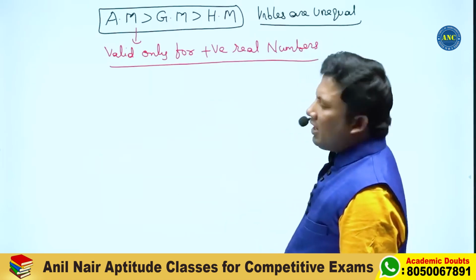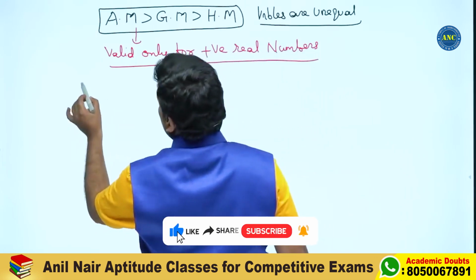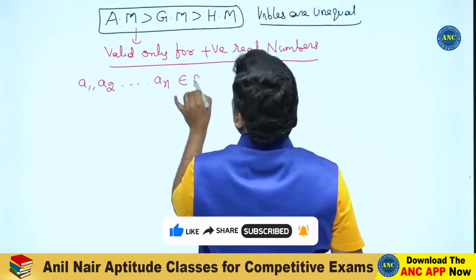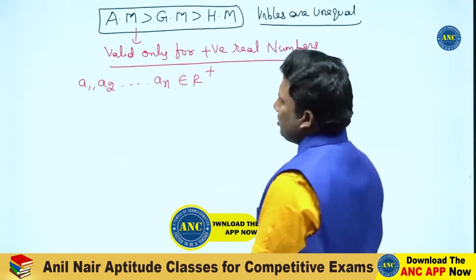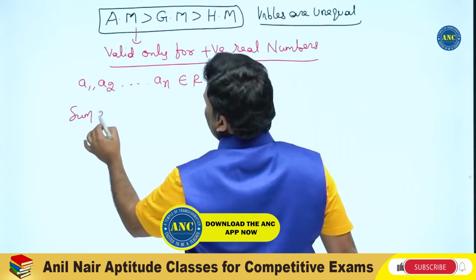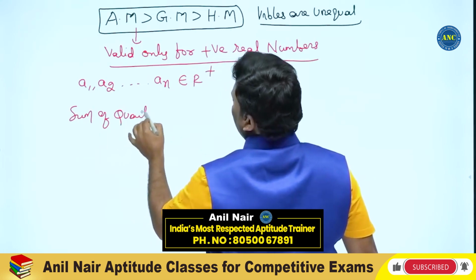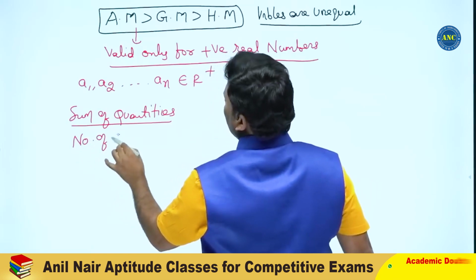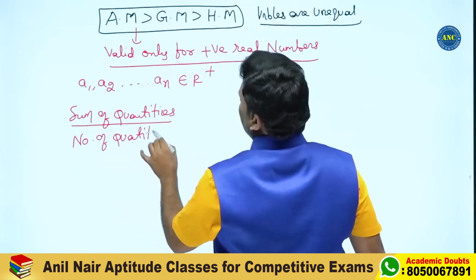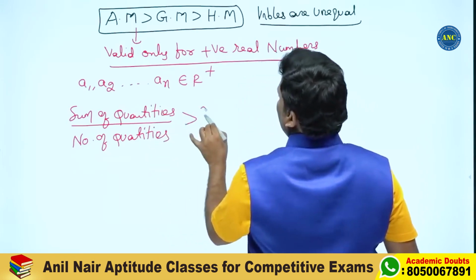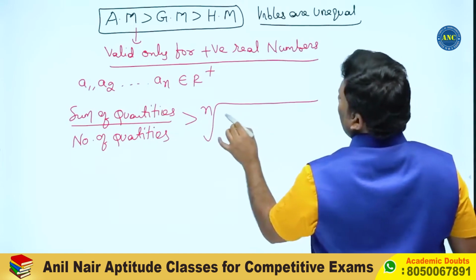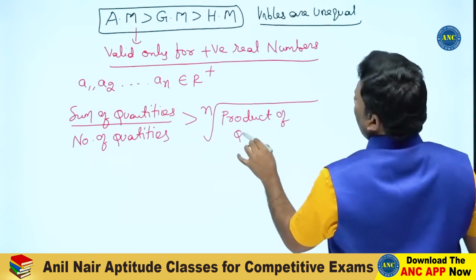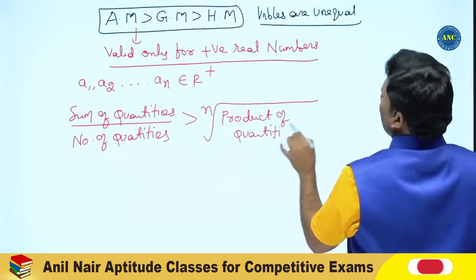AM greater than GM greater than HM. What is AM? If A1, listen carefully for the next 10 minutes, sir, all are positive real numbers. Arithmetic mean is given by sum of the quantities by number of the quantities, and it is greater than geometric mean, which is given by nth root of product of the quantities, and it is greater than